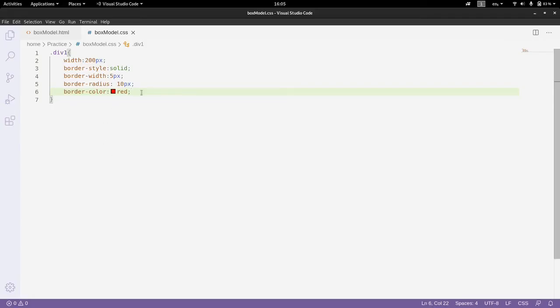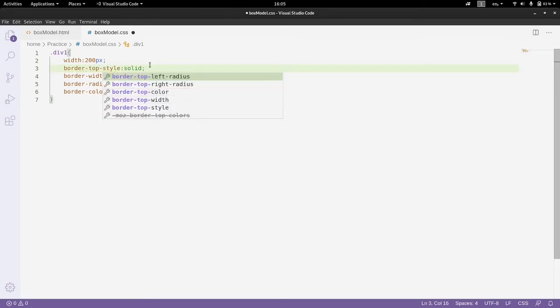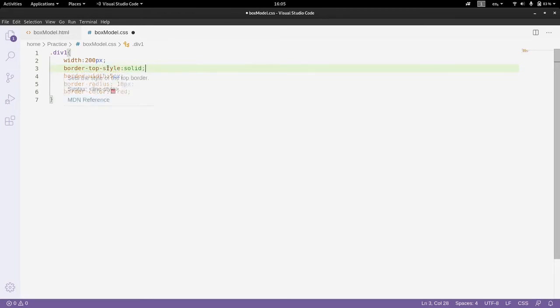Now, to have a different border style for each of the sides, we can do that by using border-top-style. This will keep the style of the top border to be solid.